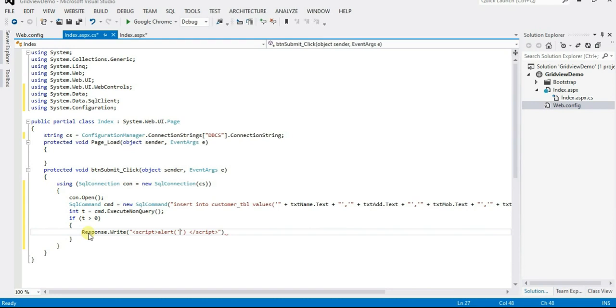Okay, so when the value has inserted correctly, then the message will be shown like data has been submitted